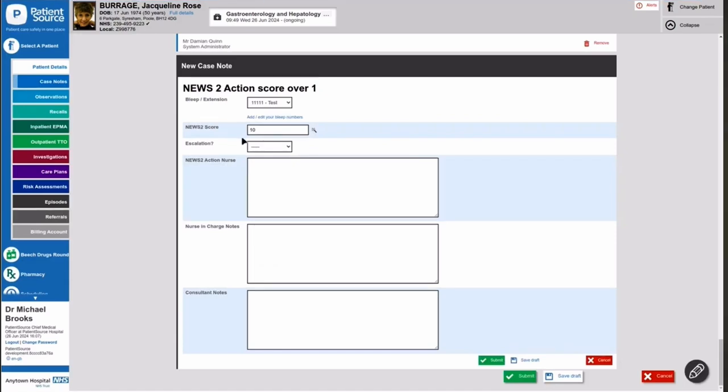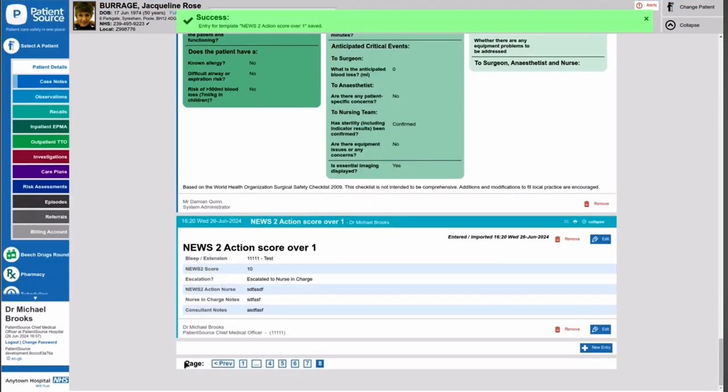And these actions that you can configure can include mandating somebody fills out a document, can be sending a message to different members of staff, which can be a text message or an email or an in-application message. And it can even be to put the patient automatically onto a work list, such as a critical care outreach list. Just fill that in, and that completes that task, adds it to the patient's clinical notes, and that will stop me being prompted